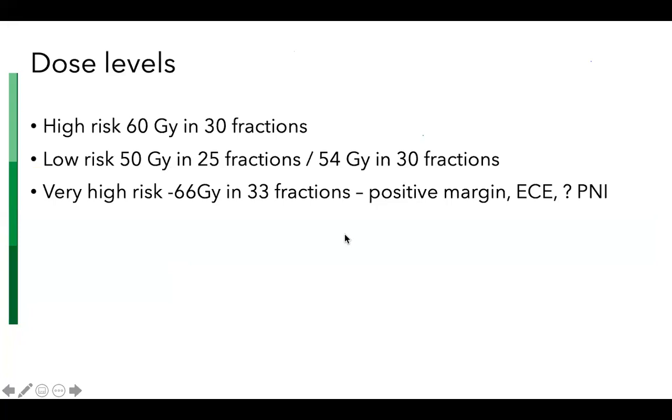Now when we set out to draw out the clinical target volume, we have 3 dose levels: the high risk, the low risk, and the very high risk. So 16-30 is the usual. We can do a sequential plan, 15-25, or more likely, as is happening these days, we do a SIP plan. A SIP plan also has better sparing of the OAR, because it's happening as one plan itself.